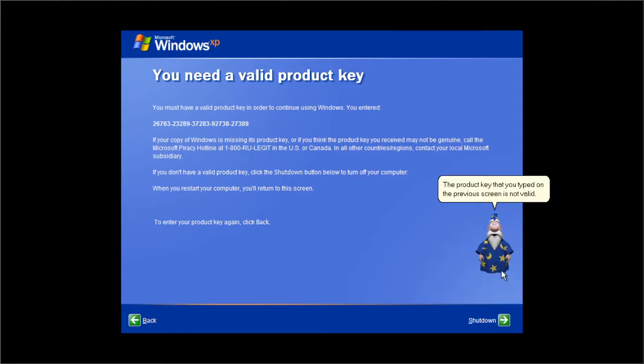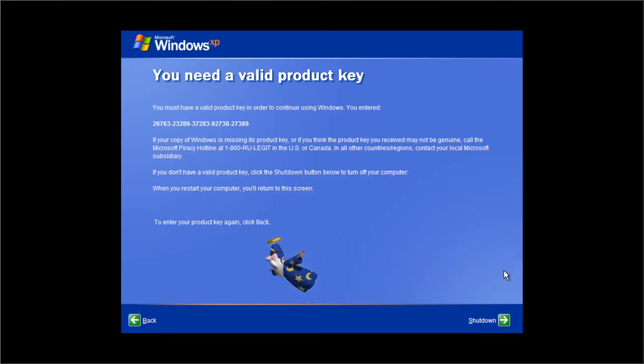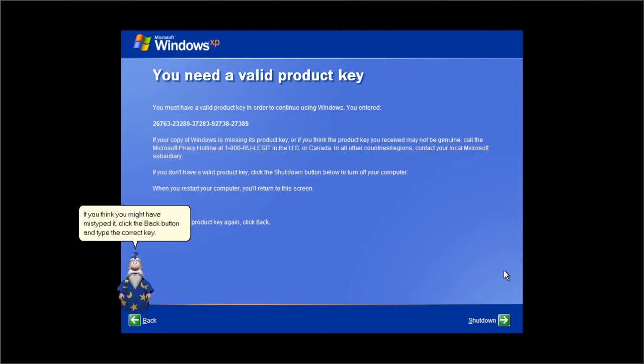The product key that you typed in the previous screen is not valid. That means that it doesn't match a product key for an authentic copy of Windows XP, and Windows won't work without a valid product key. If you think you might have mistyped it, click the back button and type the correct key. But if you're sure you typed it correctly,